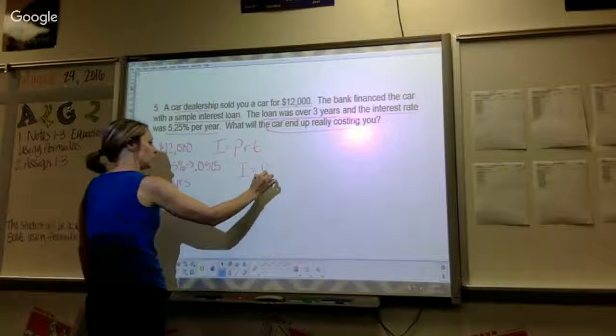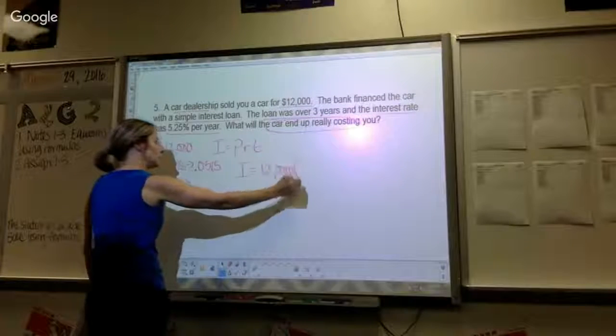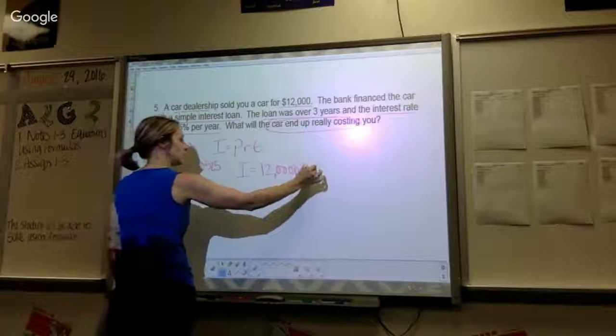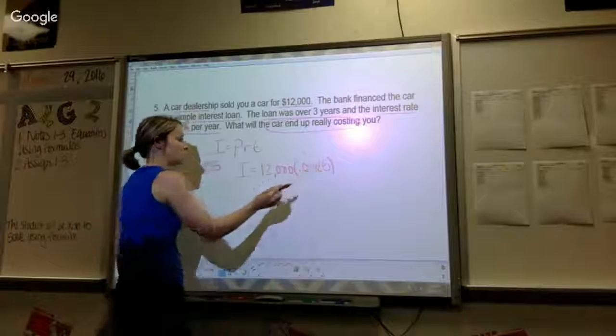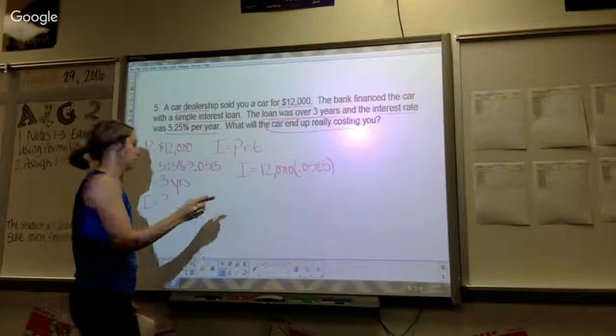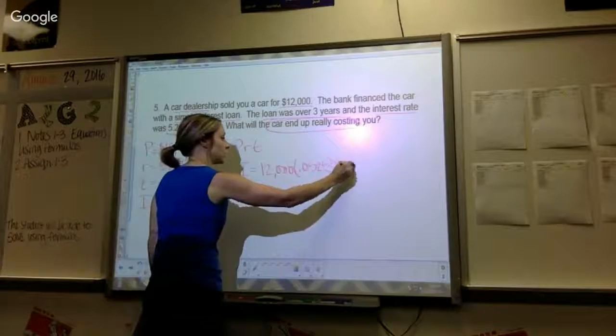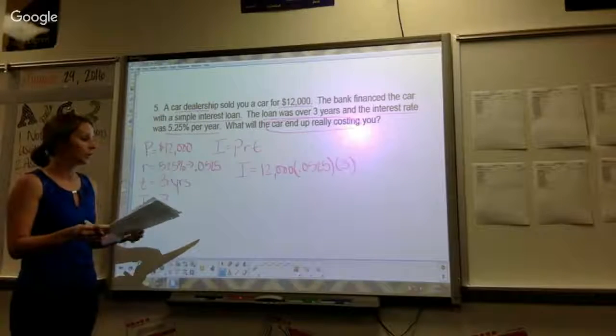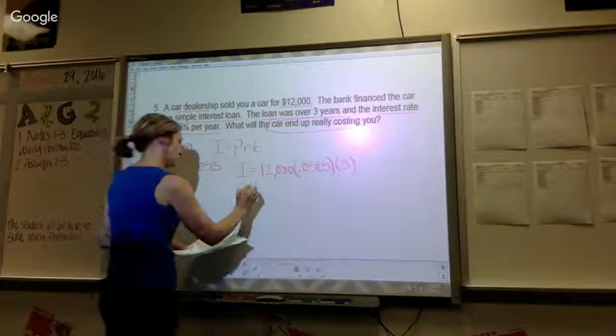So that would be 12,000 times your rate, so 0.0525. The most common mistake I see on these problems is forgetting to change that percent to a decimal. And then the time period is 3 years. So you're just multiplying all 3 of those together. You should get